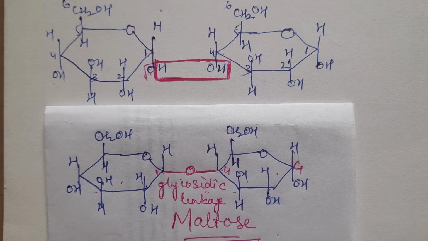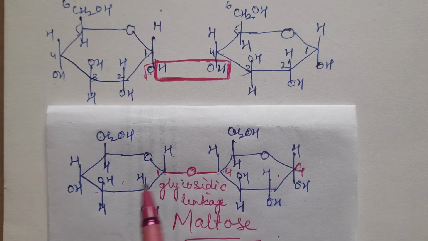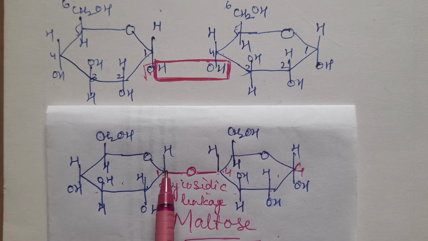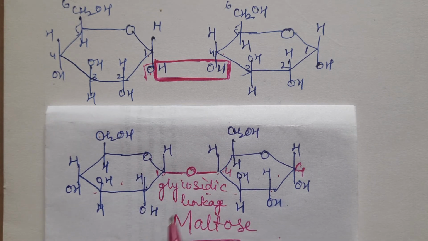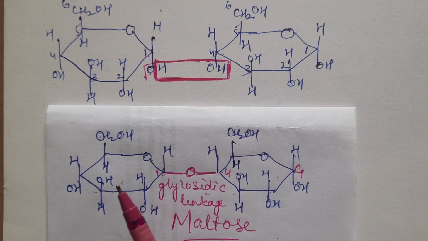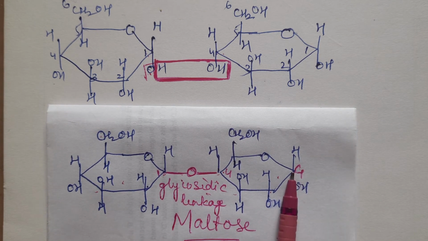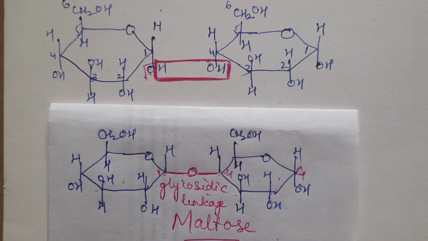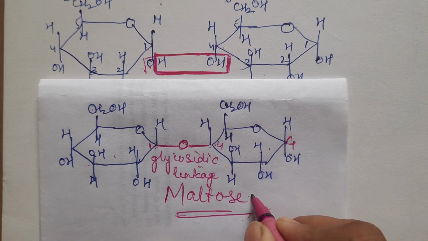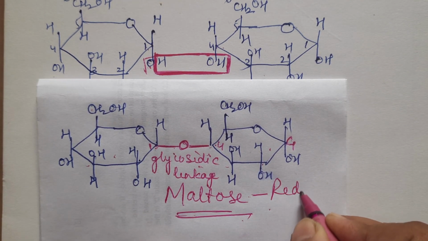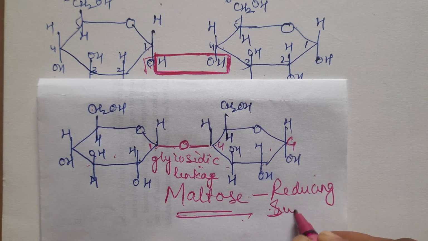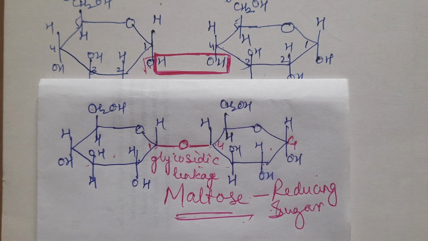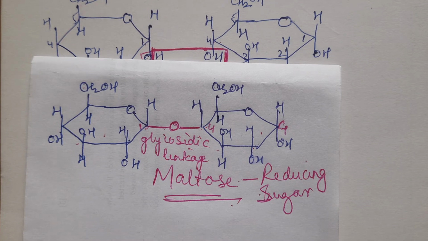So let us first talk about maltose. In maltose, the first carbon atom contains CHO. Actually, if we have seen this open chain structure, yes. So for the first glucose, it is occupied. For the second glucose, this is free. So we can say that maltose is a reducing sugar. Maltose is a reducing sugar, right? Okay, did you follow that?